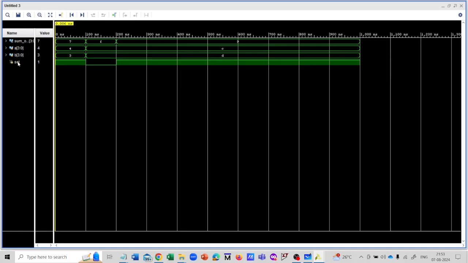You can see that the select input is initially set to 1, which means that the output of the mux will be from the adder. So the inputs are 4 and 3, and understandably the output is 7, because the mux will be taking its output from the adder. Now when I make the select input 0,